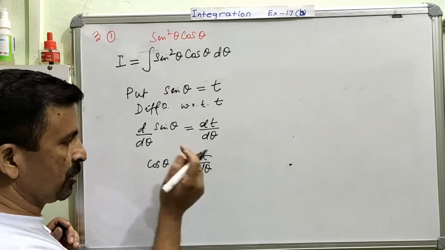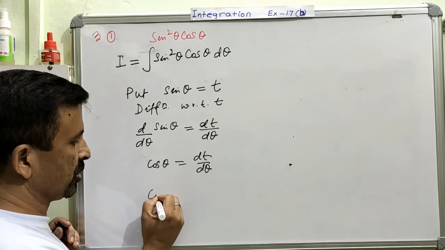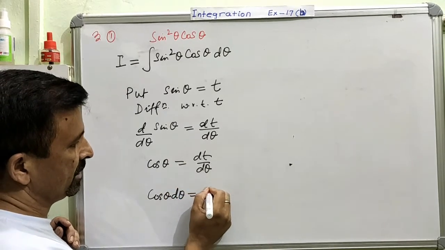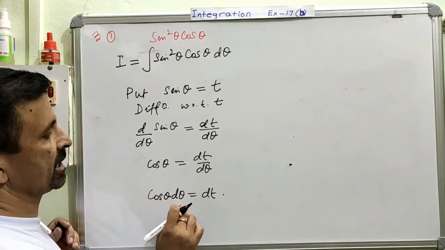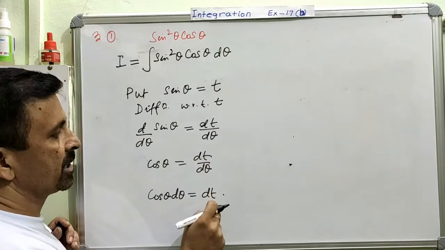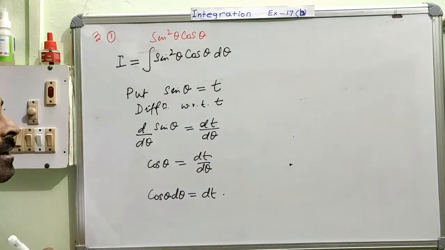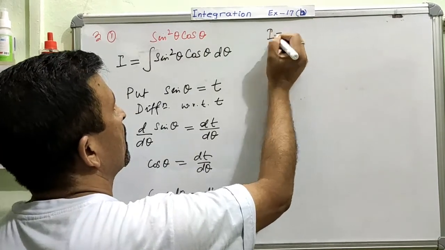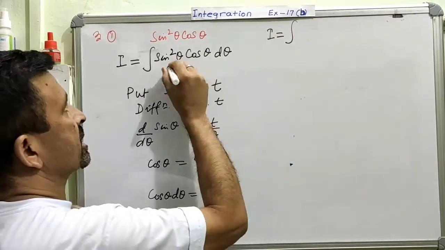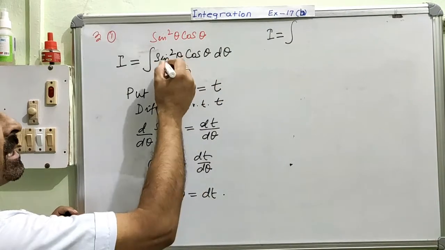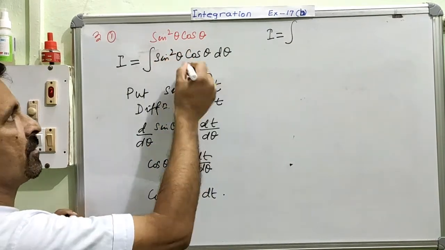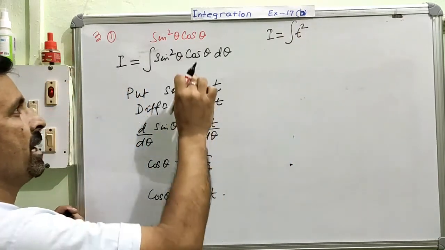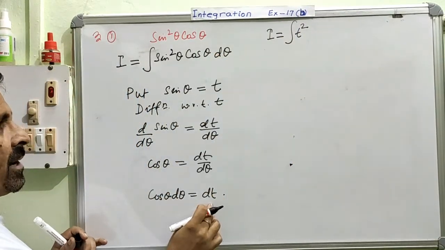That cos theta and d theta value we can get from here. Already we have got it, so we will do one more step, and this will be written as cos theta d theta will come to this side, will become d theta is equal to dt. That means the value of cos theta d theta can be written as equal to dt. Okay, so now we can continue. We will write this as I is equal to integration. For sine theta, you have assumed this as t, and because it is sine square theta, this part we can write as t square, right? And for cos theta d theta, what we can write is dt.